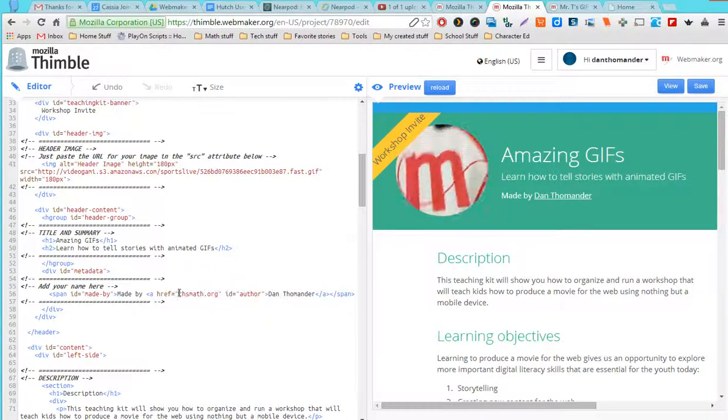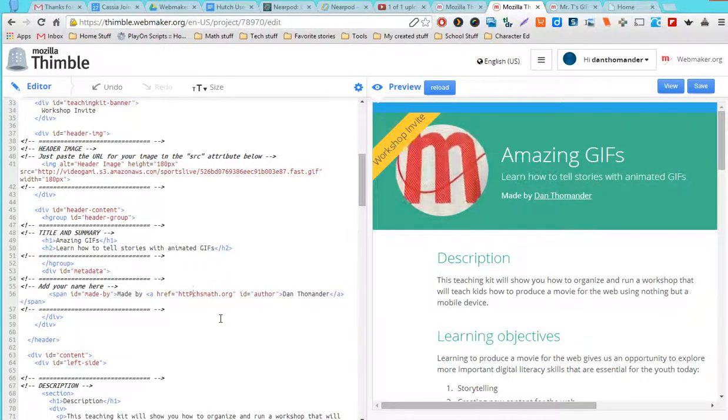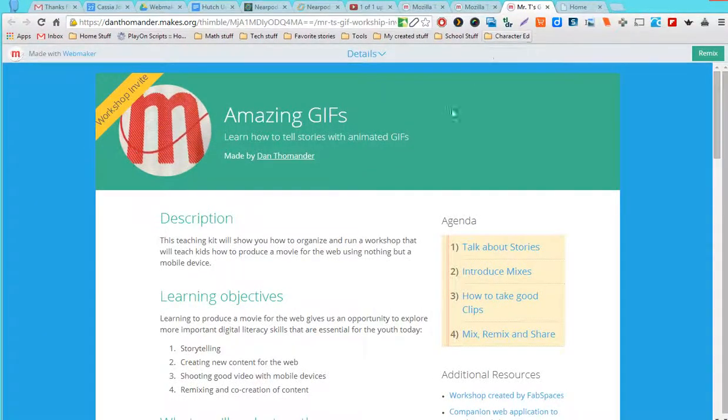Not working. I wonder if I should put http:// and let's try that. So now I hit save again, save, try that link, let's close that other one out,